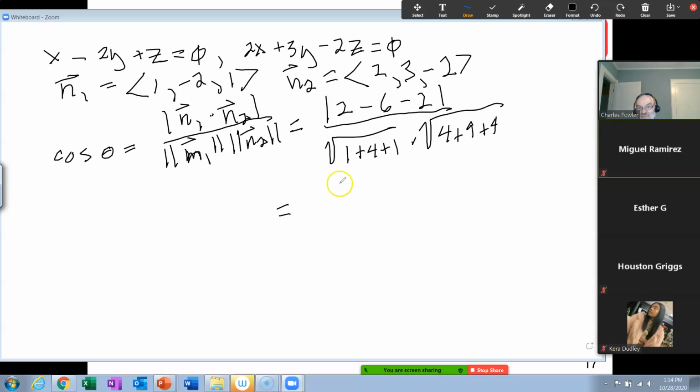Absolute value of negative 6 is 6, divided by the square root of 6 times the square root of 17. Now that would be 6 over the square root of